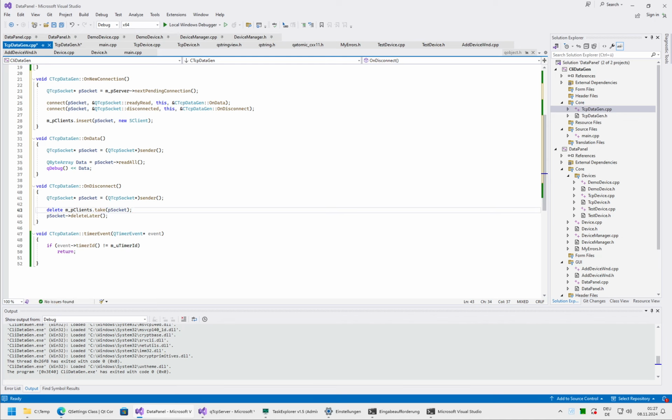So the container types that Qt provides, like QMap, QList, QArray, QVector, are much more convenient than the standard STL container. For example, the STL container does not have a take function. With an STL container, you would need to use find to get its iterator, check whether the return is not end, then delete, and then you would need one more line to erase, so it would be a 4-liner,